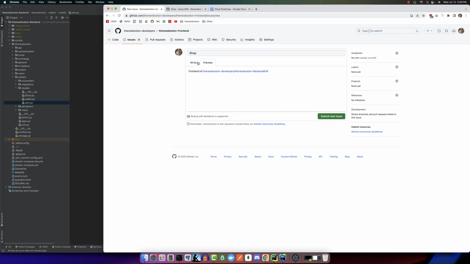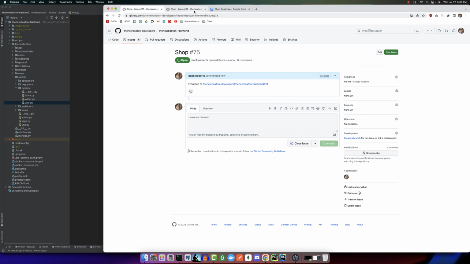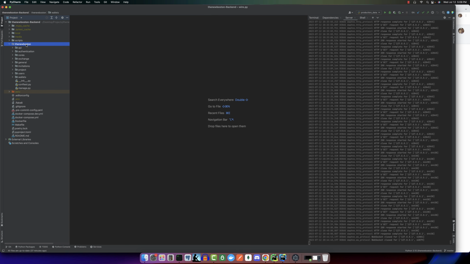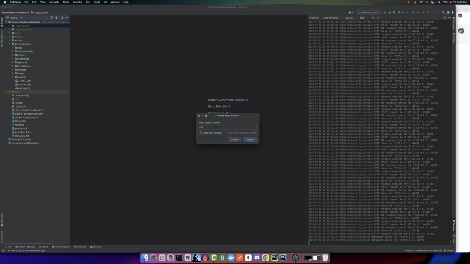I always like to link my front end tickets to my relevant back end tickets. All right, so back end shop 39. Back end, just make sure I'm in sync. And that was 39 shop. All right, so change shop,